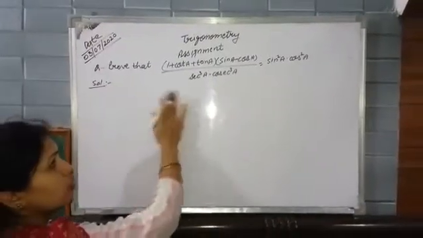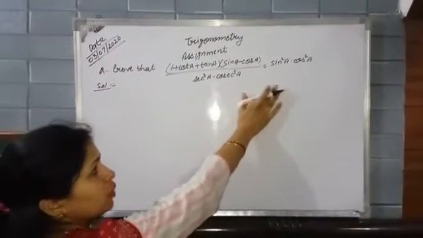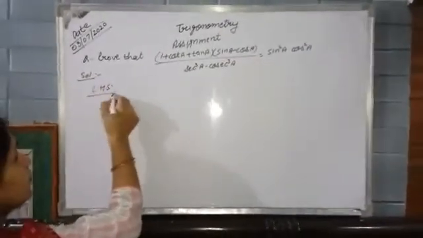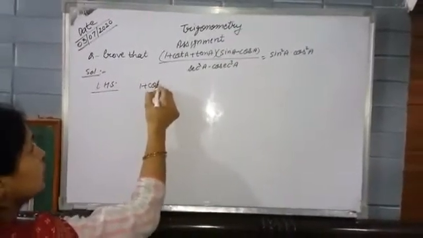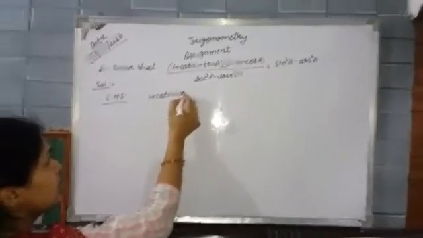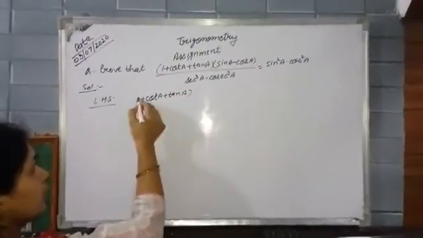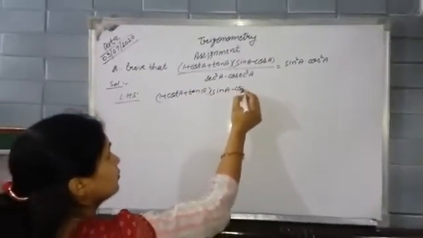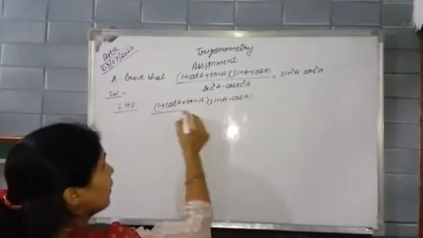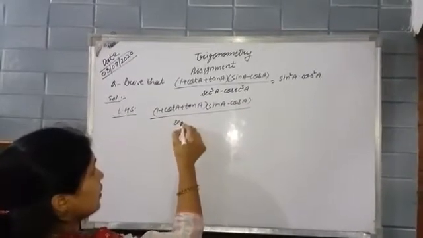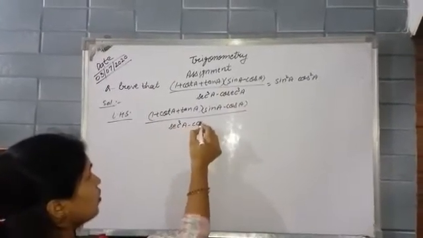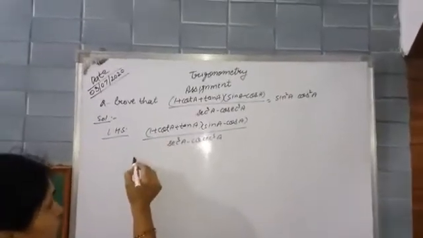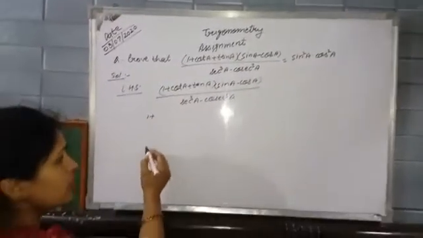Next question, again we want to prove left hand side equal to right hand side. Now here left hand side is (1 + cot A + tan A) multiplied by (sin A − cos A), divided by (sec³ A − cosec³ A). First convert cot and tangent in terms of sin and cos.